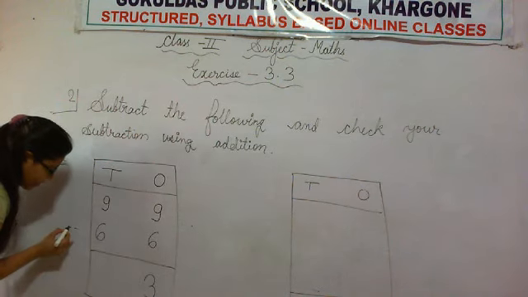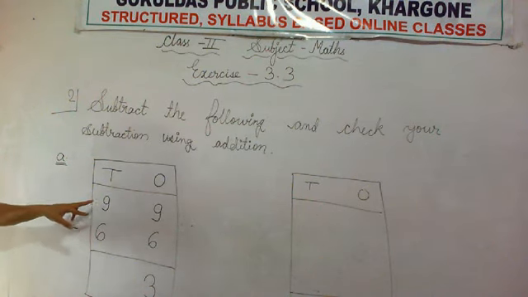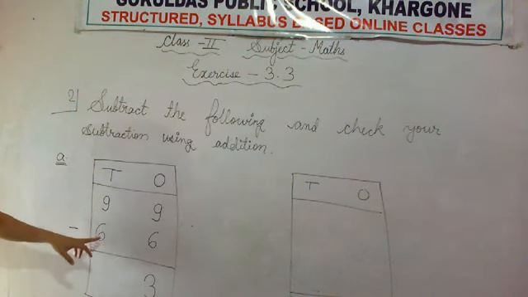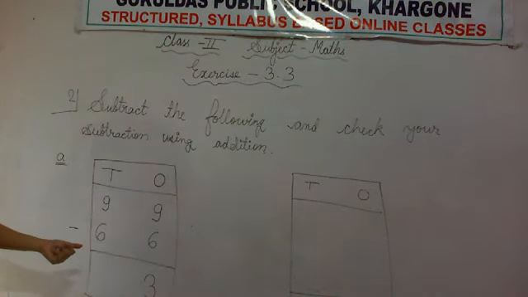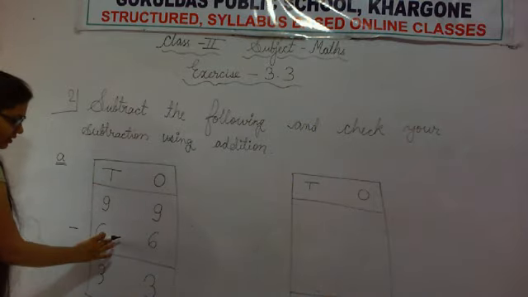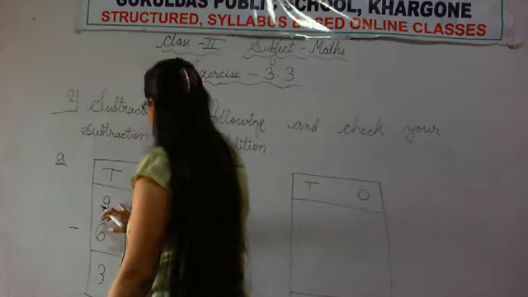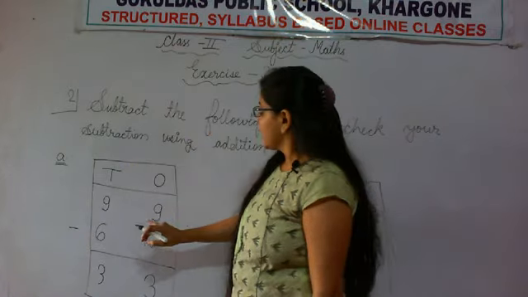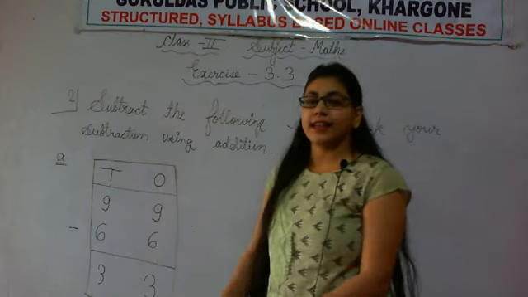Now our next column is the same as ones. Again 9 minus 6 is there. Here we did 9 minus 6, now again 9 minus 6. So we'll write the same answer. Both the numbers are the same, so the answer will also be the same. So minuend is 99, subtrahend is 66 and our difference is 33.